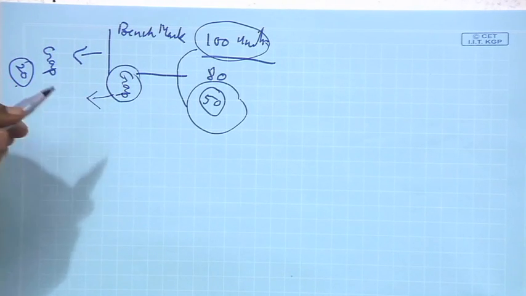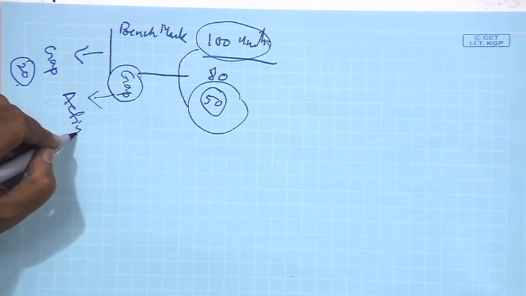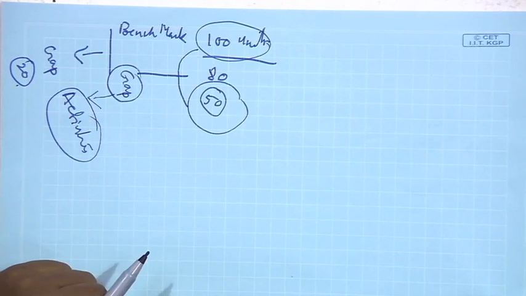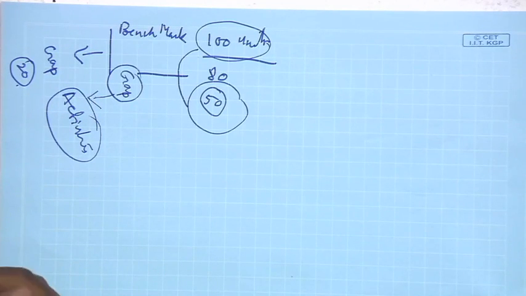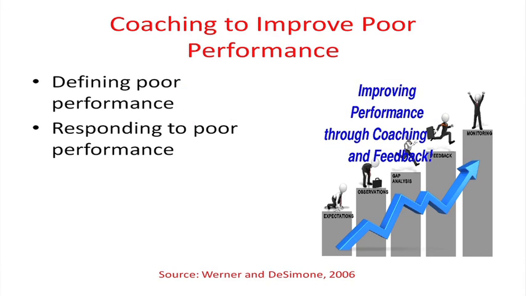Now, in order to bridge this gap, what are the activities that you are going to take up? For that you are going to analyze why this poor performance is there, whether it is because of internal factors, lack of ability and other kinds of things, or because of external factors. If it is because of external factors, then coaching may not be a solution. Then you have to enable the environment in terms of resources, culture, leadership, climate, these kinds of things which facilitate effective performance. Okay. But if it is because of lack of knowledge and skill base, or he does not know how to perform his job, or there is a lack of motivation and interest, probably then you can think about coaching as a solution,